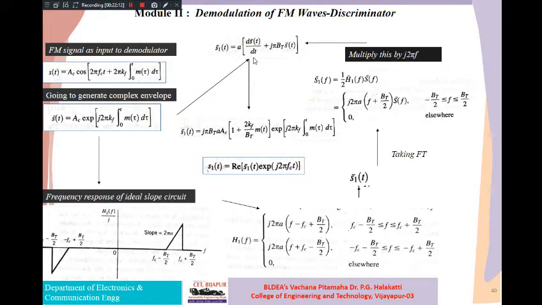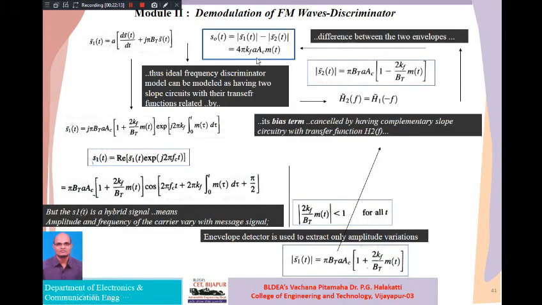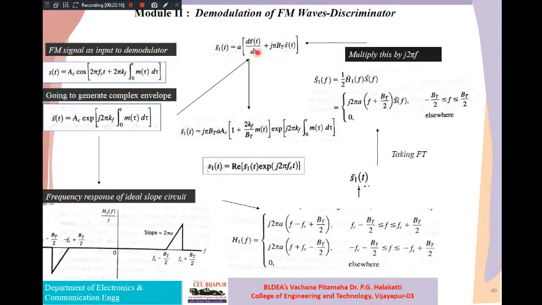Now we have to identify this one. We have to extract this S'. Okay, so let us see. Before that, first we have to substitute S'(t) here, A into the bracket. You do it by yourself, there are some steps, and we can easily get it. Simply differentiate this with respect to time. This also has time in it. And plus j pi BT, here no differentiation is there, you just keep it as it is.